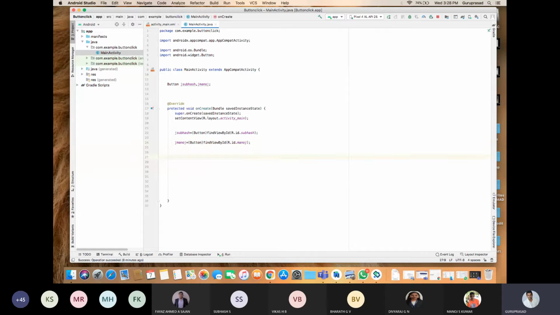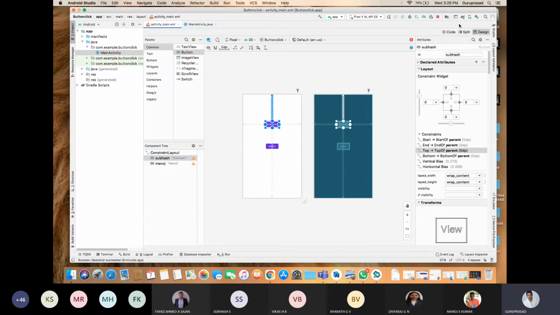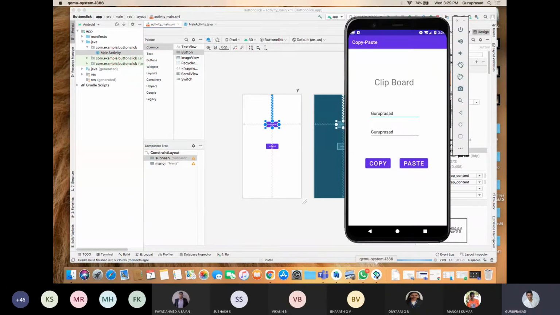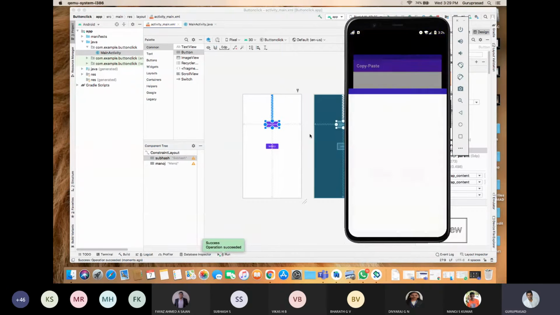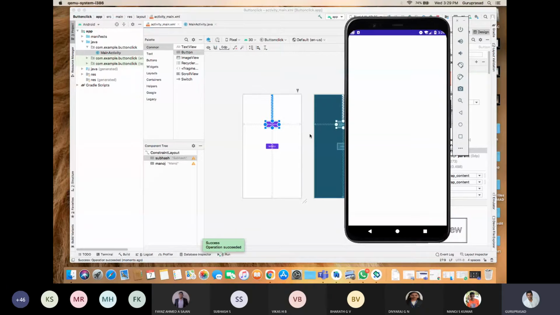Now there are two buttons. Let me run this program and see the output, what it is giving. Now I am running this program. Subhash and Manoj.